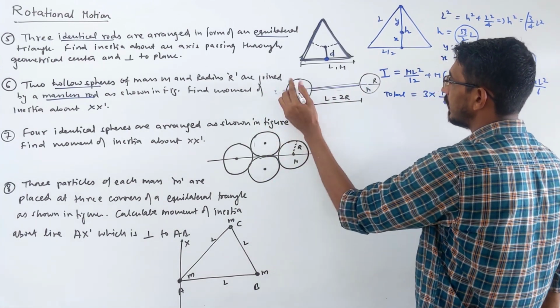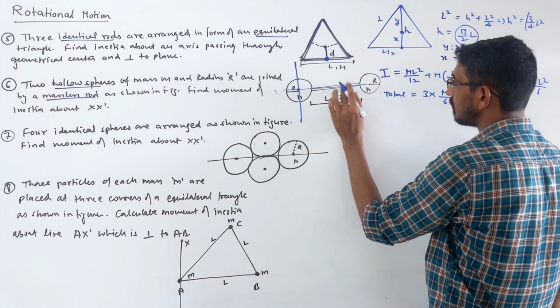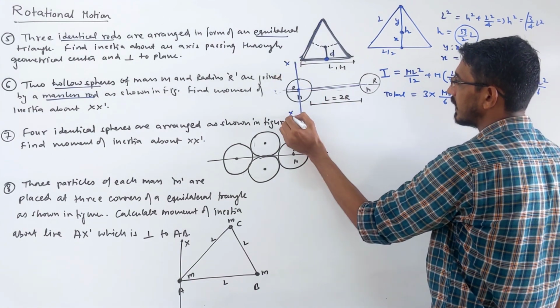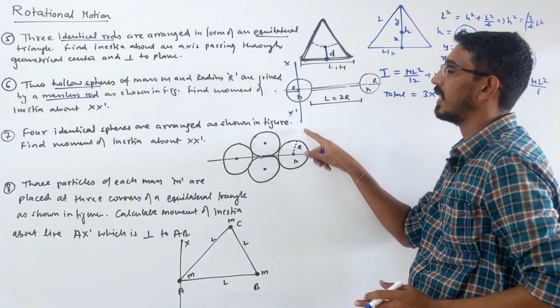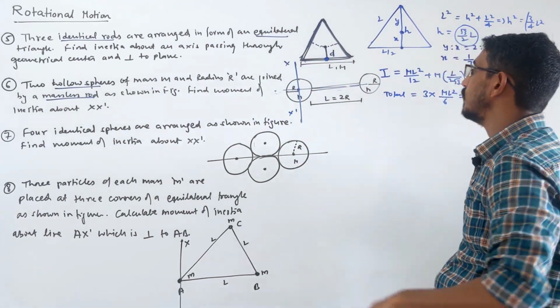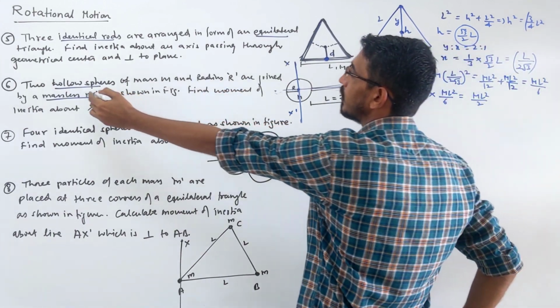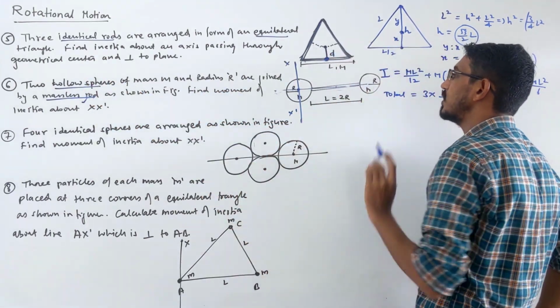I think not like this way. Inertia about here, they are asking about an axis. So let's call this the x-axis or y-axis, it doesn't matter. This whole system is rotated about that line. We have to find the inertia. So first thing, the inertia of the rod will be 0, because this is a massless rod. So no inertia of this rod.